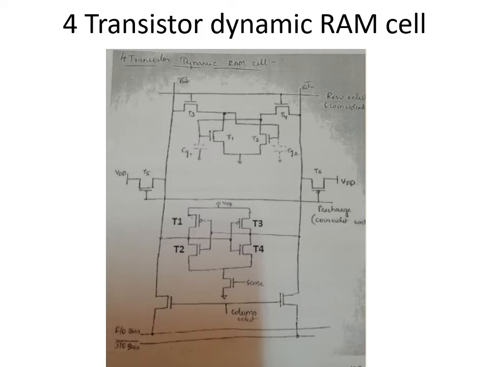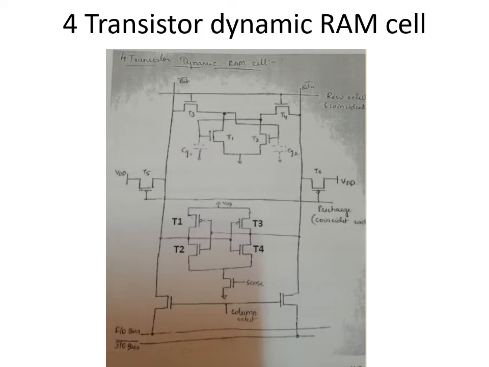Okay, so let us see how the read operation is carried out. For the read operation to be carried out, the row select line and the column select line have to be made 1 simultaneously. When it is 1, here you can see that T3 is connected to the gate capacitance of T2. So what is stored here? Here 1 is stored. So T3